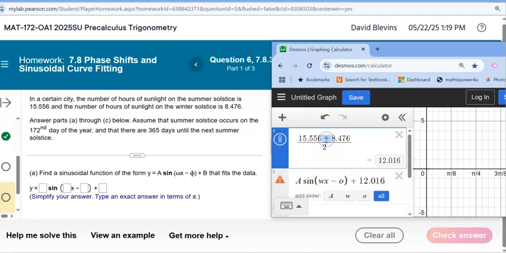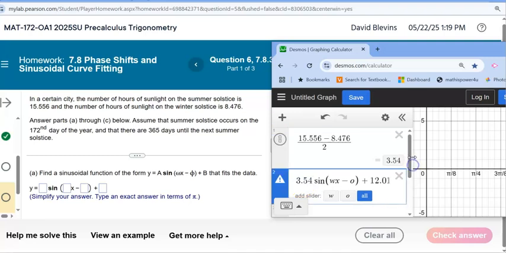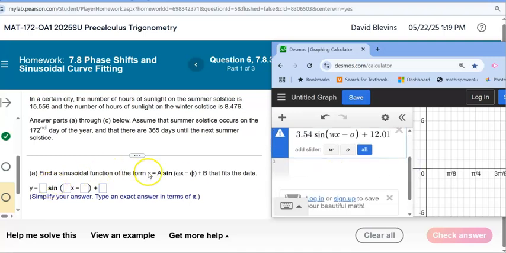Okay, now I can take the difference between these divided by 2, and that'll give me the value of A. So minus, so 3.54, that'll give me this value. And then for the others, I need the phase shift. So I need this